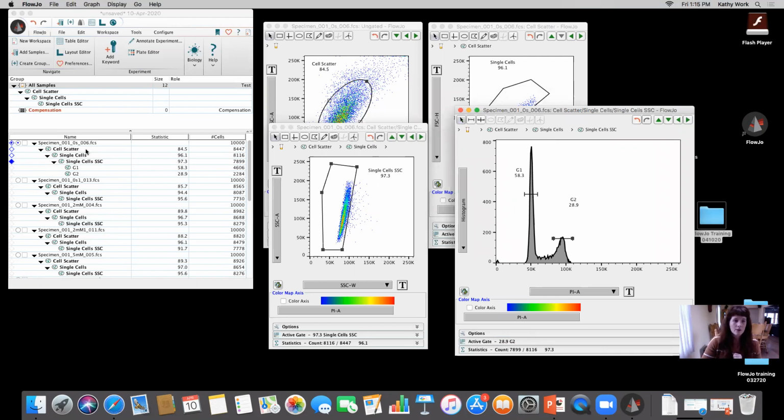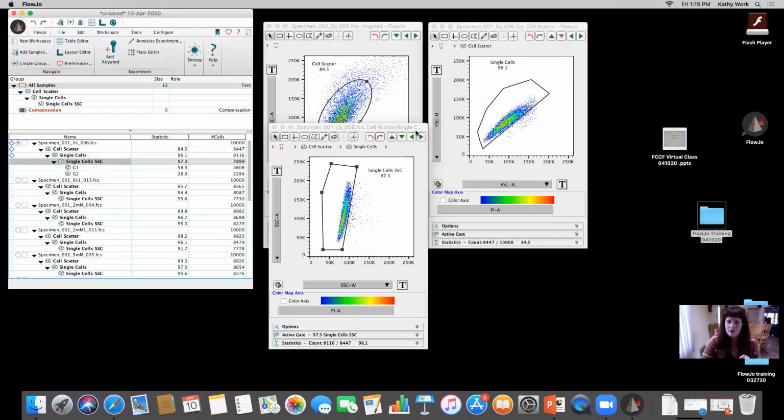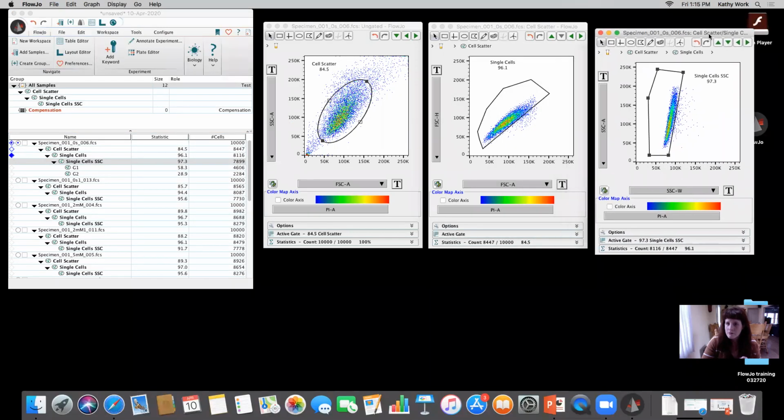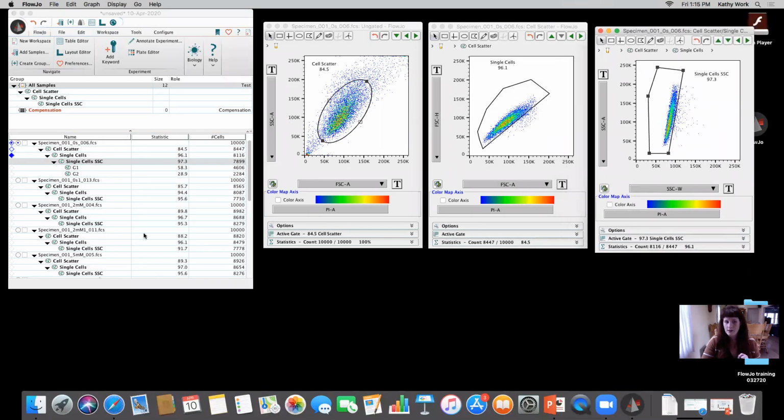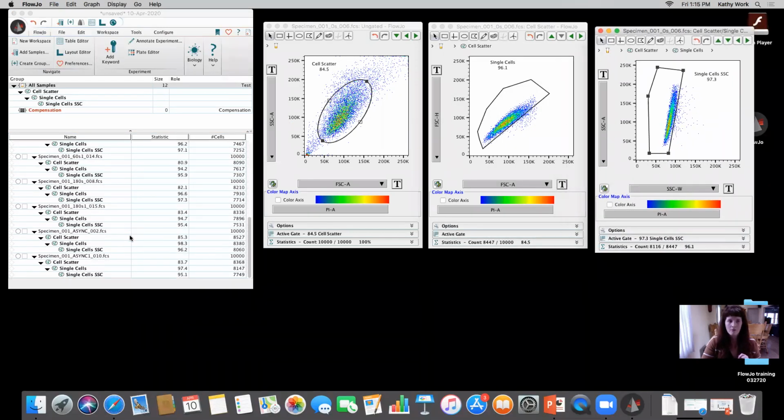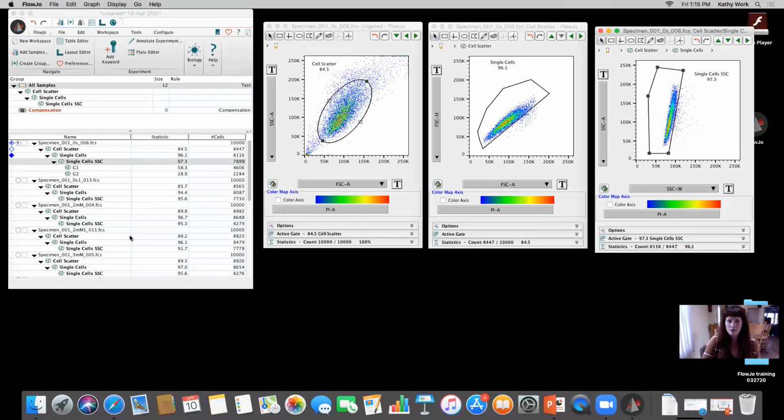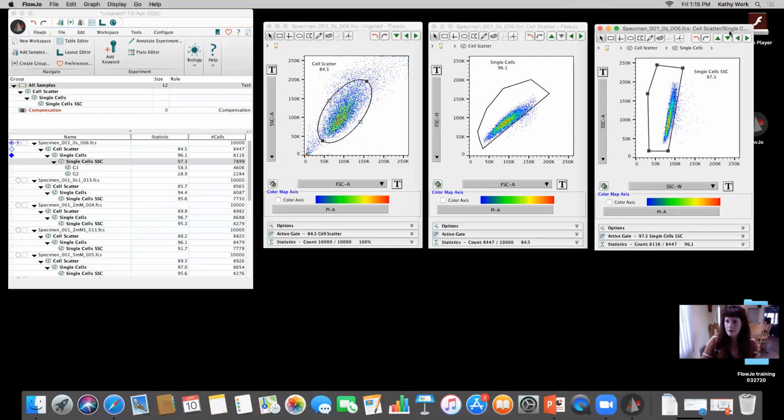Okay, so what I'm going to do instead is I'm going to click on this population, and I want to look at the biology, right? But I skipped a little bit too fast, because actually what I should do very quickly is run through and just check those gates before I go ahead and start looking at the cell cycle modeling for all of this data, okay? So to do that, I think I told everyone this trick before, but if you hit and hold down Shift on your keyboard,